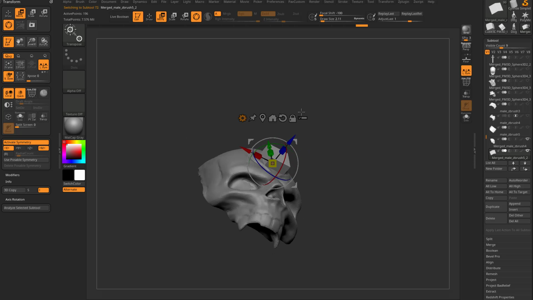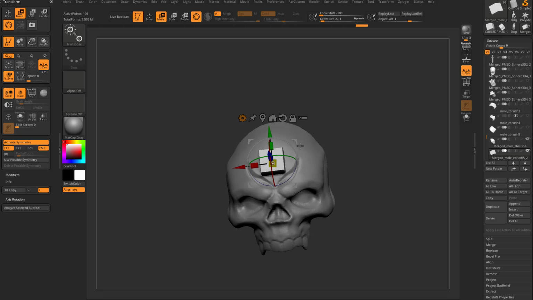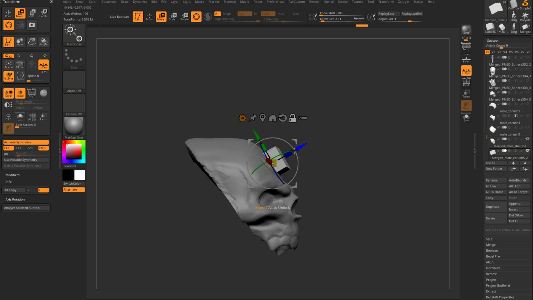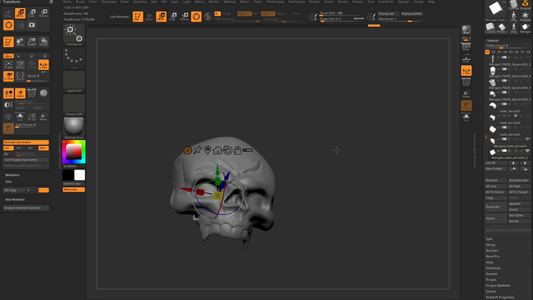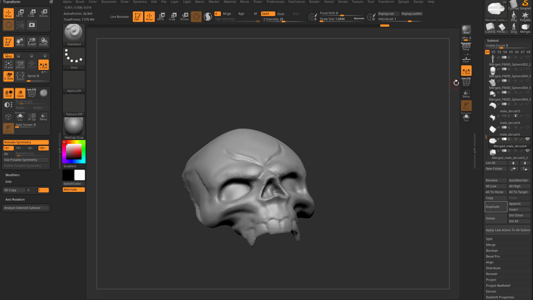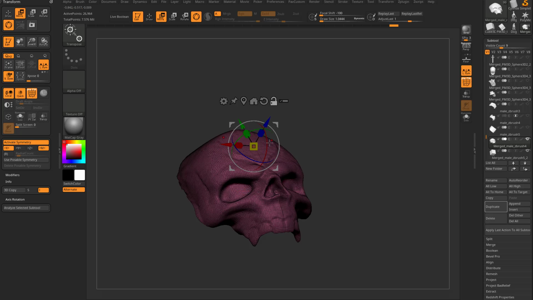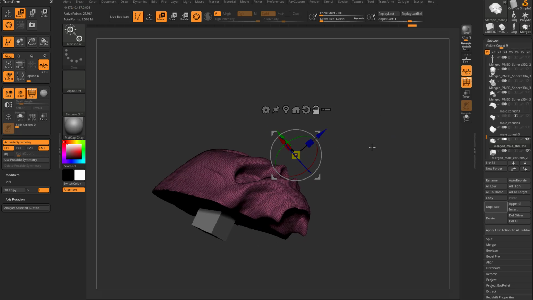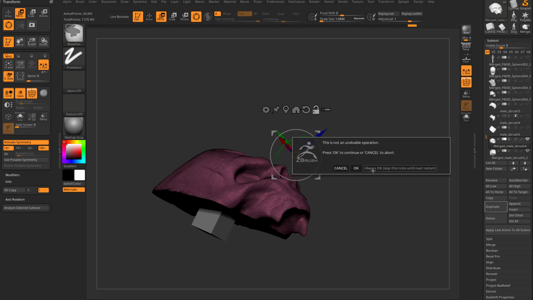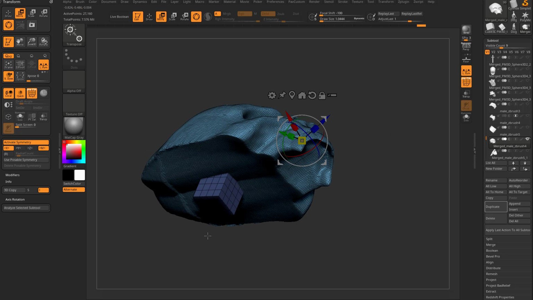And now this cube inherited the gizmo position and it made a cube that now has faces pointing at all the axes that I need. So if this object ever gets weird again and I lose my midline, or something goes crazy, I can always go back to, if I want to, I can say merge the skull down, W,